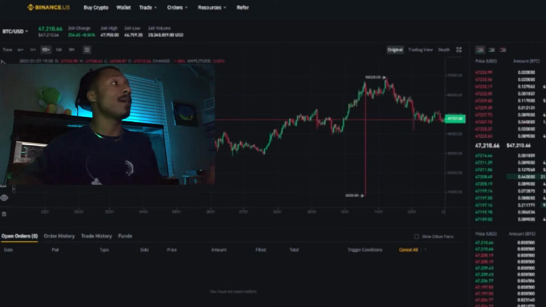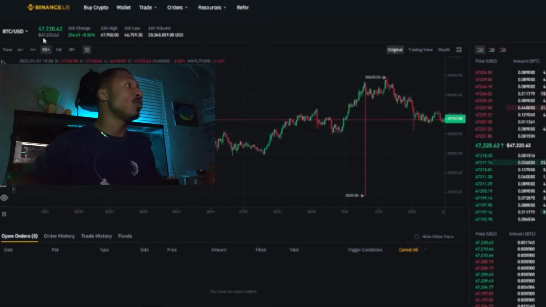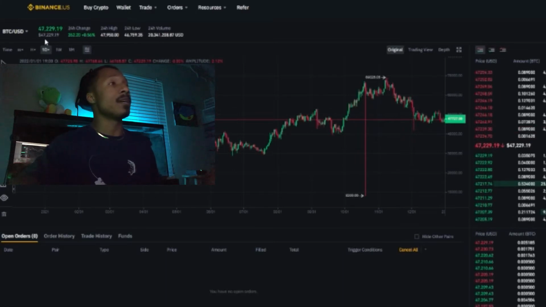This is the price of Bitcoin currently. Bitcoin is trading at $47,220.62. And as you can see, the price is actively moving because Bitcoin is a 24-hour a day, 7-day a week trading asset. Now we are looking at the 24-hour change. Over the past 24 hours, it has gone up 0.56%,